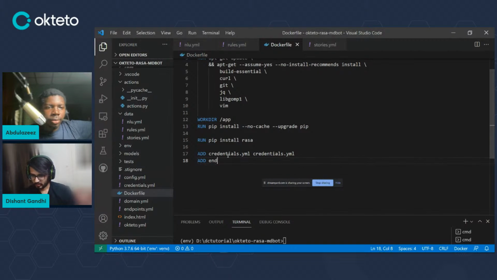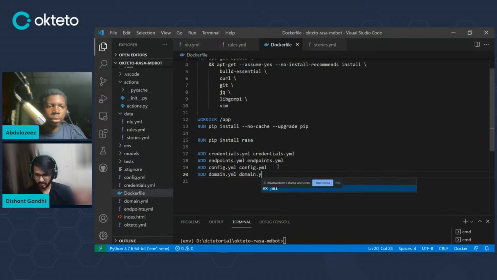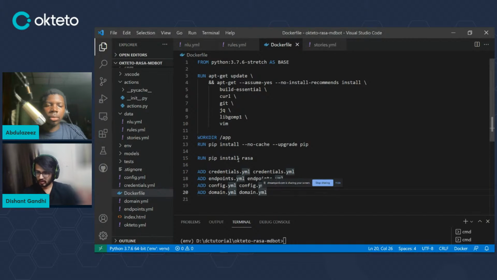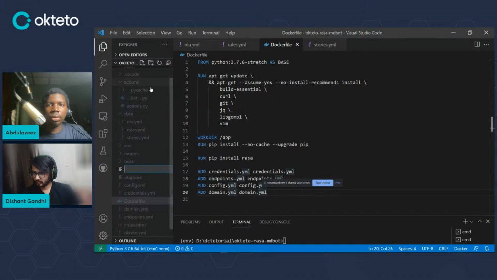Then there will be endpoints, adding config.yml. So I'm basically adding them in an order as per their changes. The domain is changed quite a while when you're adding some responses or a few actions or slots, like that. Yeah, so our Dockerfile is ready, and now we have to create a Docker Compose